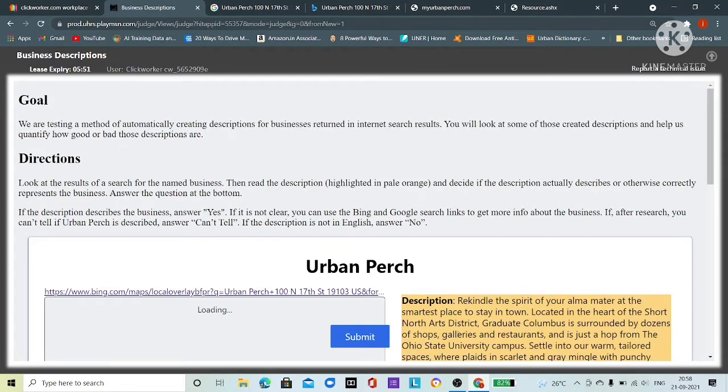You just start the job. So my recommendation is that you just qualify this HIT app, so that when it reappears, you can start your job.